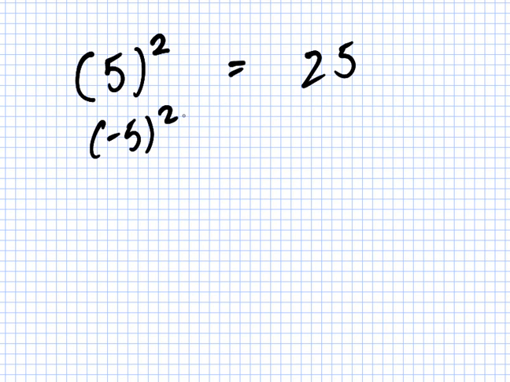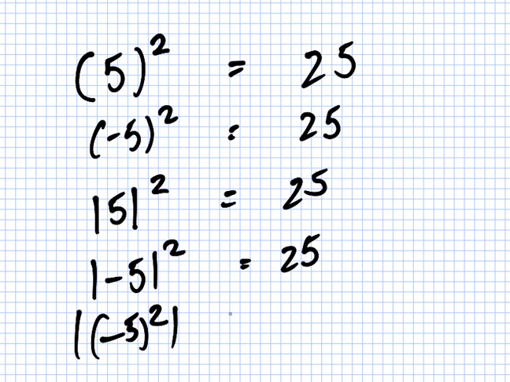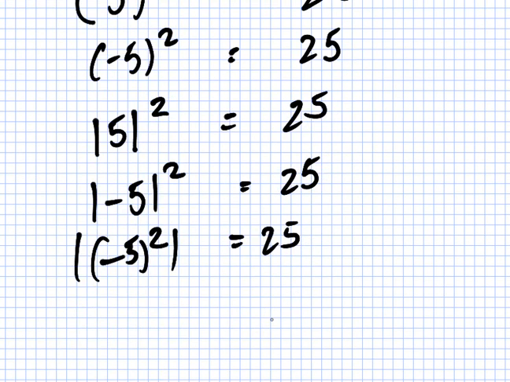Okay, so for example, I have 5 squared. What do I get here? 25. I have minus 5 squared. What do I get here? 25. Okay. I have the absolute of 5 squared. What do I get? 25. And the absolute of minus 5 squared, 25. So what I want you to see, and we'll do it the other way around. If I have minus 5 squared and absolute, I get 25, and then lastly, if I have 5 squared absolute,